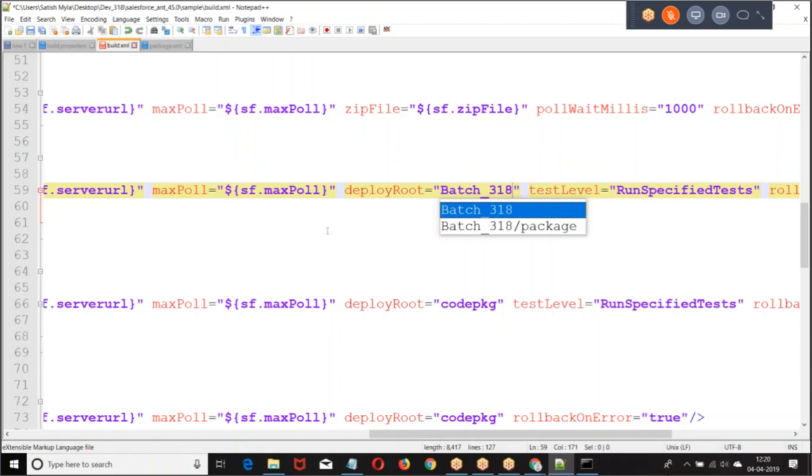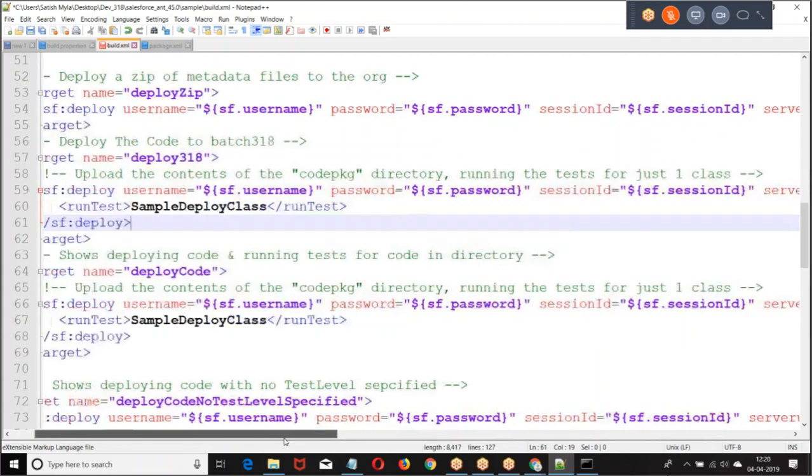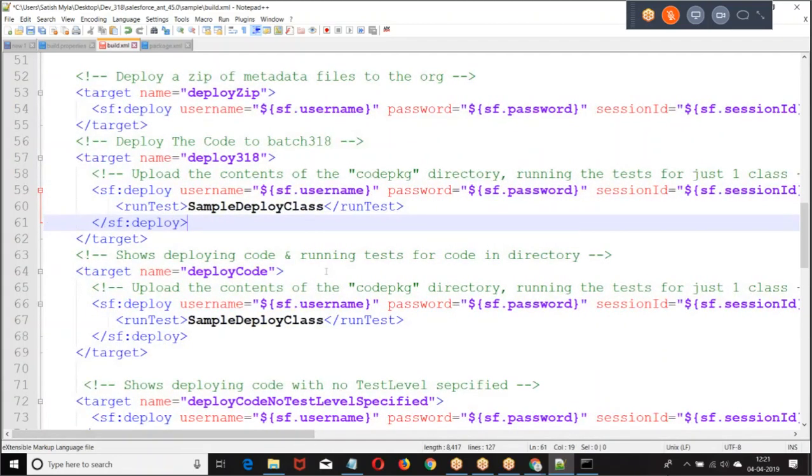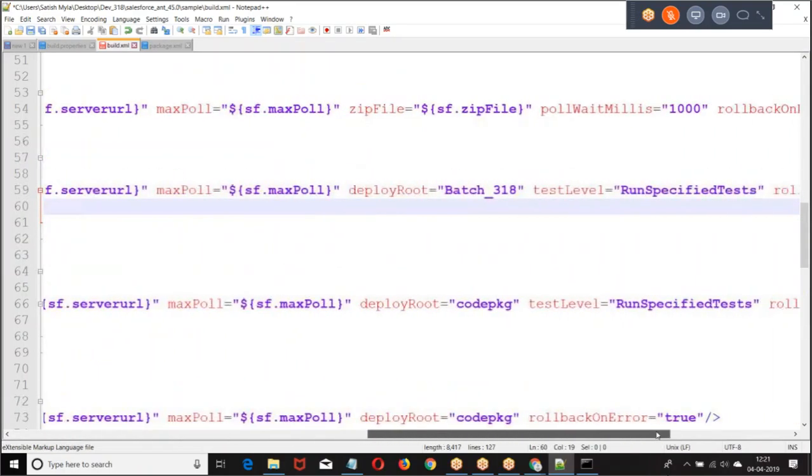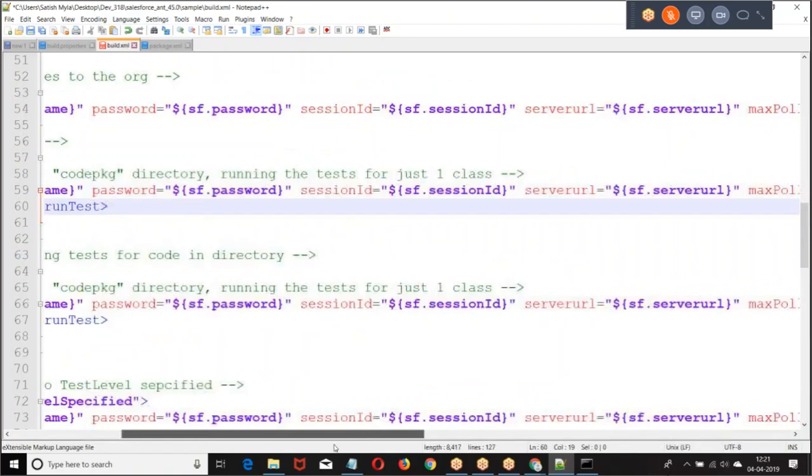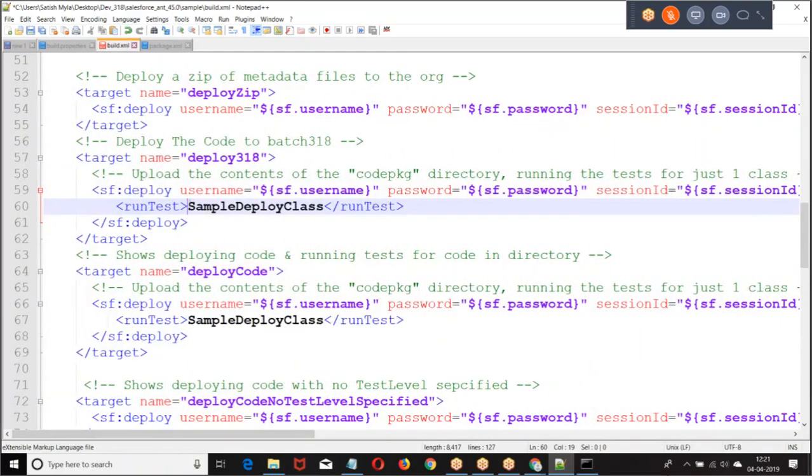When you want to deploy, they're asking, do you want to run all the test classes? Or do you want to run any specific test class? I want to run only specific test classes.